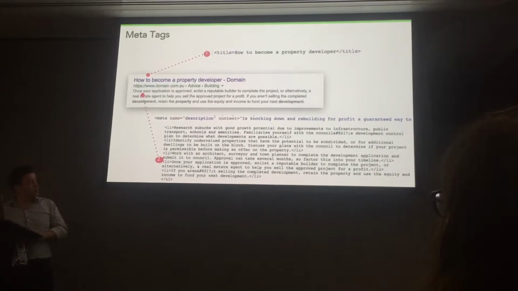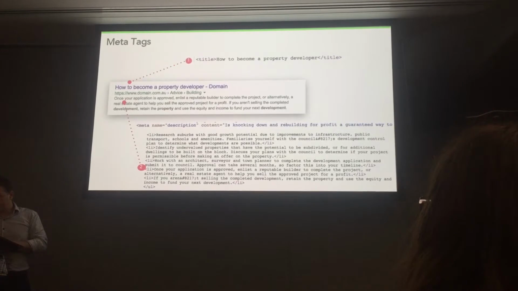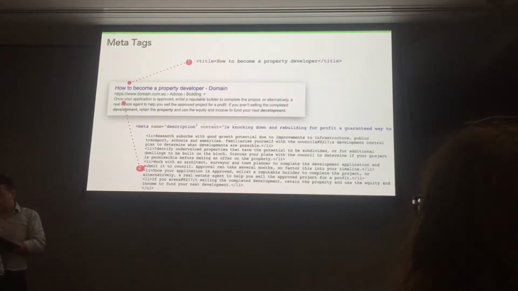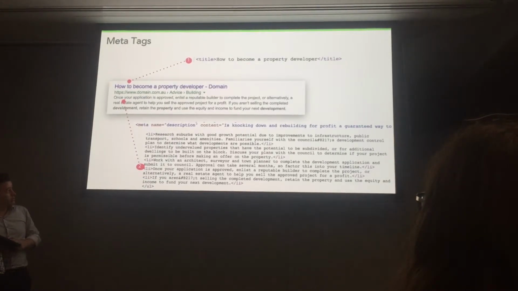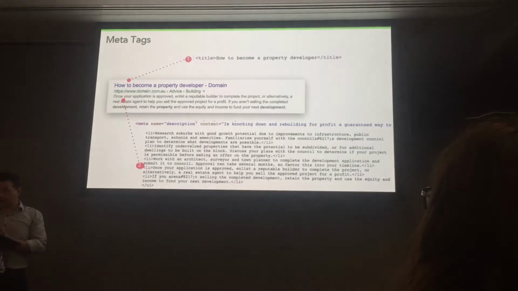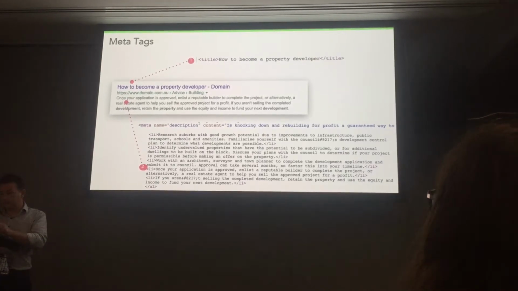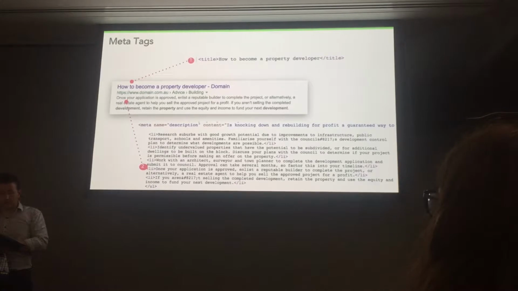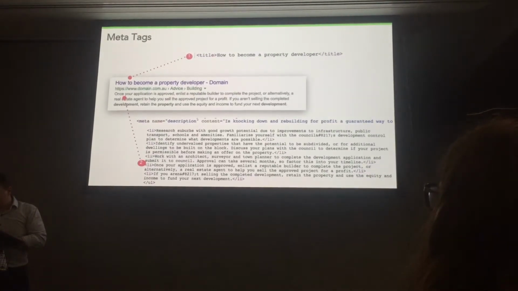And that's why the search result is powered by the title tag. It's shown as the title of the search result listing. The snippet of text below it is generally taken from the meta description tag in the head. But if you write a truly terrible meta description tag, it will pick a snippet of page text in the body instead. So in this example, you'll see the description for how to become a property developer is